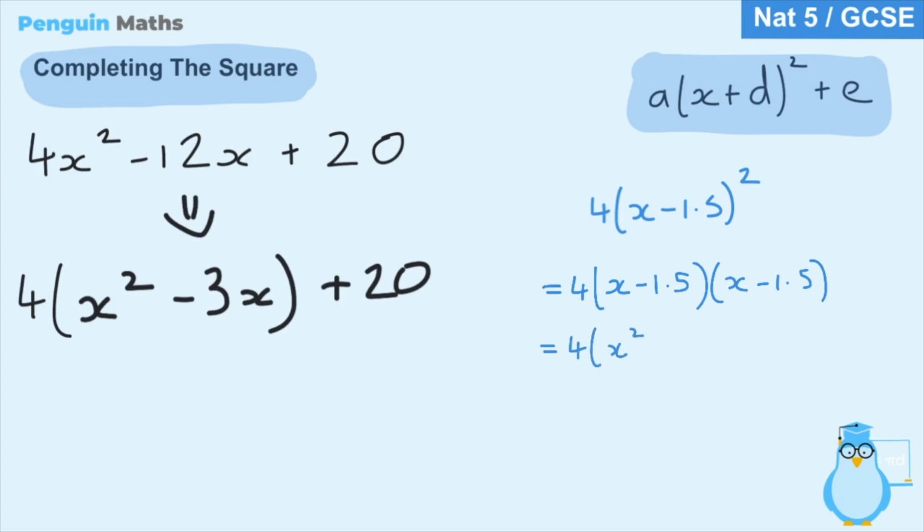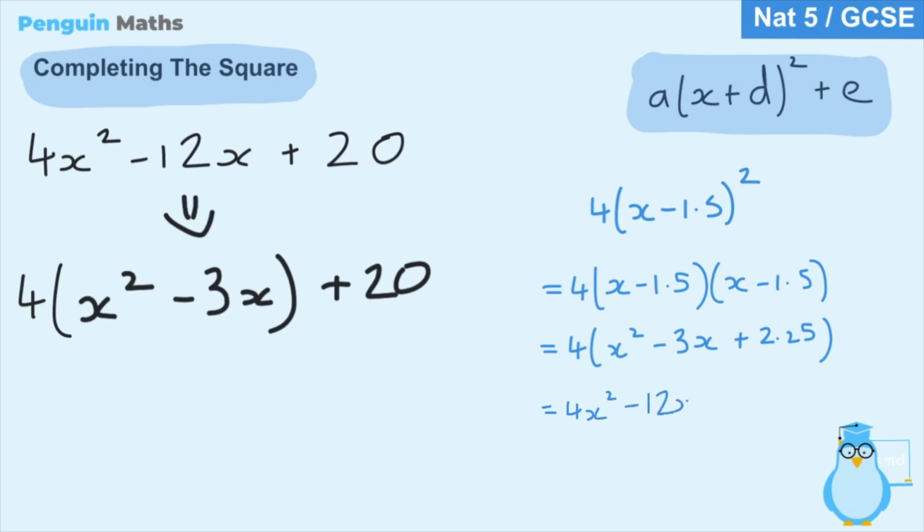Then we have minus 1.5x minus another 1.5x, which combines to give minus 3x. And then the last two terms, we have minus 1.5 times minus 1.5. A minus times a minus is going to be a positive, and then 1.5 times 1.5 gives us 2.25. And then multiplying the entire thing by 4, so we're going to have 4x squared, 4 times minus 3 is